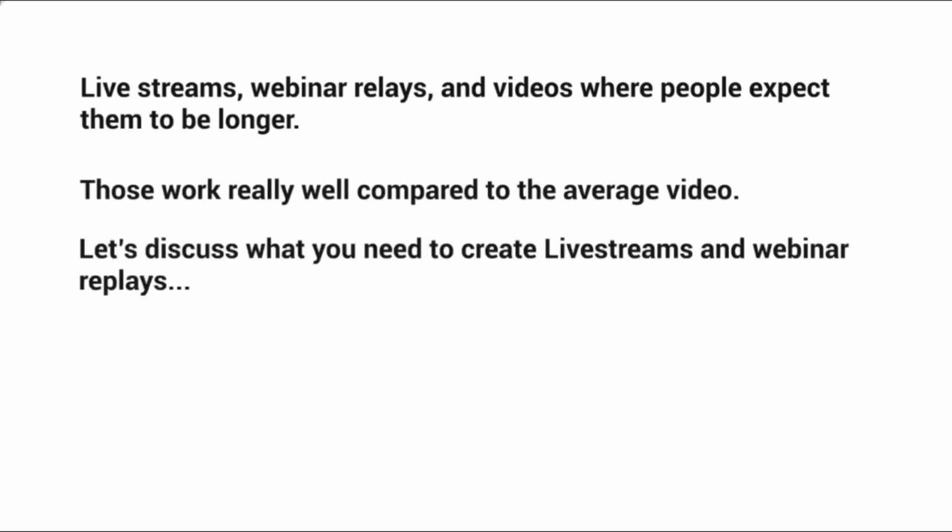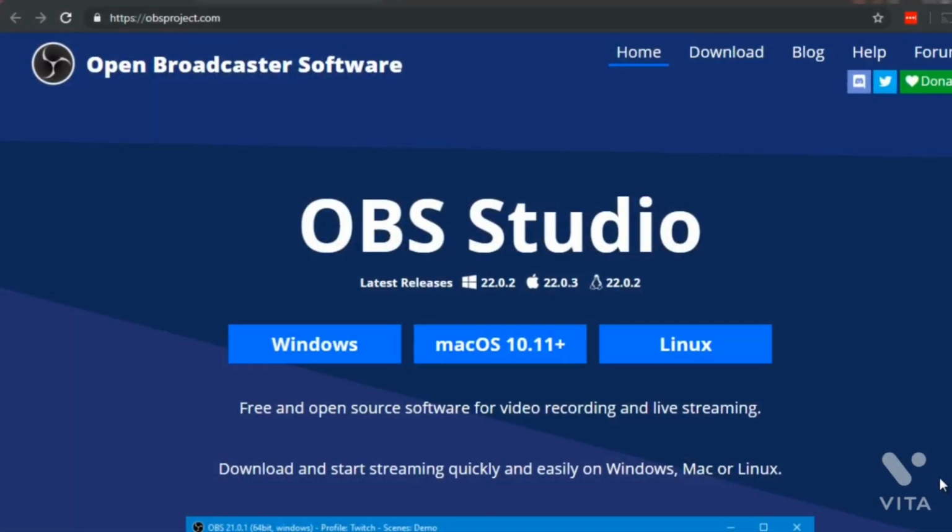So let's discuss what you need in terms of software or web applications to create live streams and webinar replays. In order to create a YouTube live stream, you're going to need broadcasting software. There are many. You can go to YouTube and type in how to set up a live stream, and there are a lot of videos on that. But this is one particular one that we have used and that has worked really well for us. It's called Open Broadcaster Software, and it's free, best of all. And that is located at